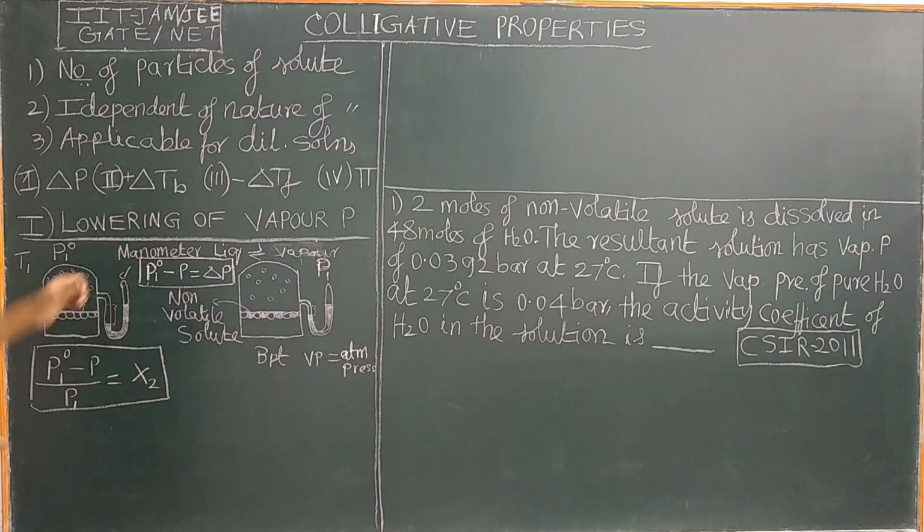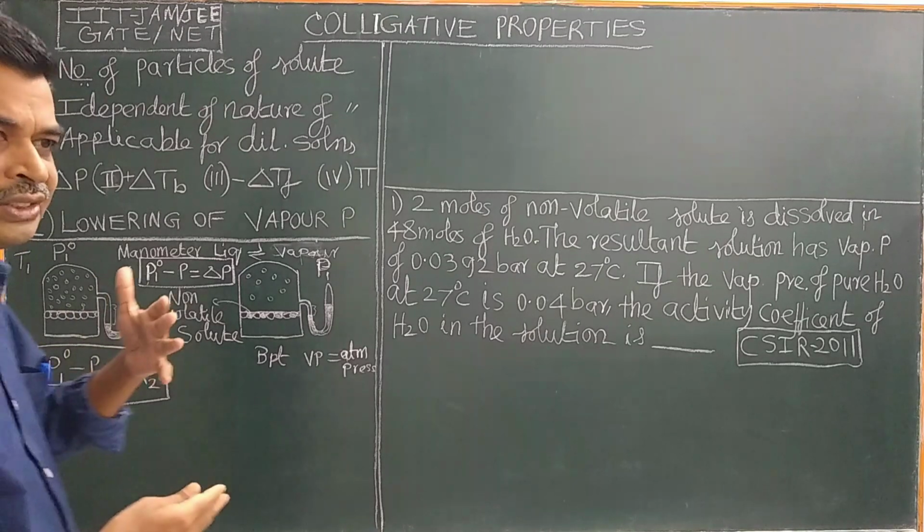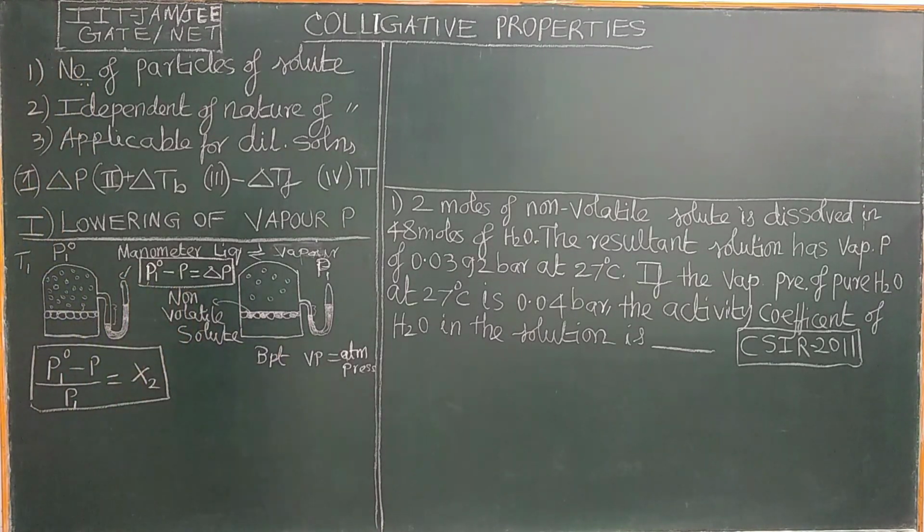One, temperature. If you increase the temperature, the vapors will be more, the vapor pressure will be high. If you decrease the temperature, the vapor pressure will be low. And also when you increase the temperature, the kinetic energy increases. The internal energy, that is kinetic energy, rotational energy, translational energy increases. Therefore, the molecules escape from the liquid and are converted into vapor. Now, it also depends upon the surface area.